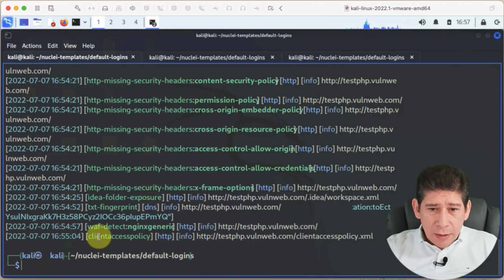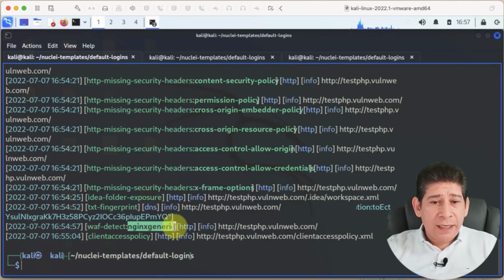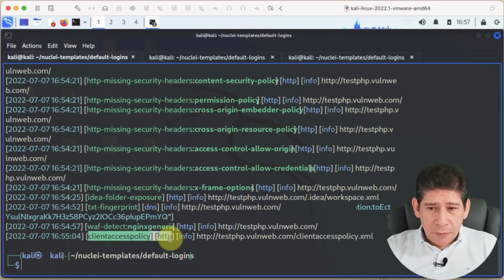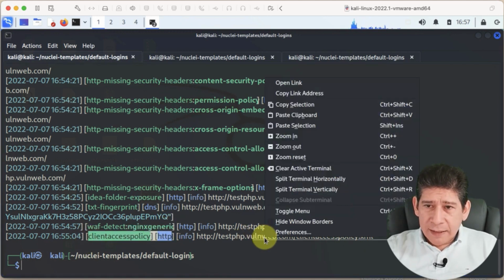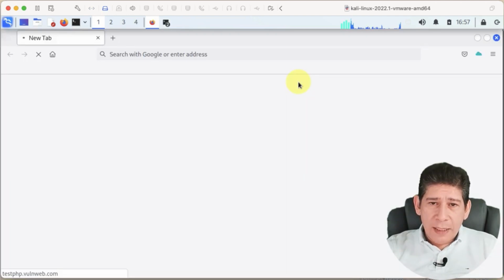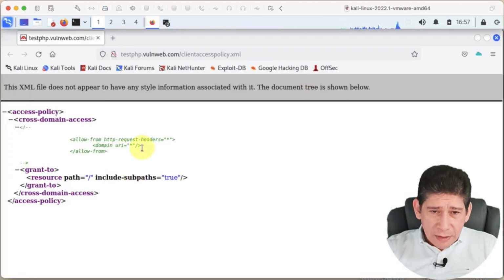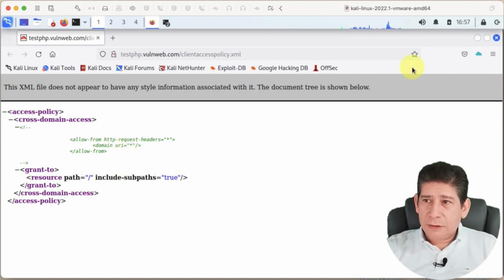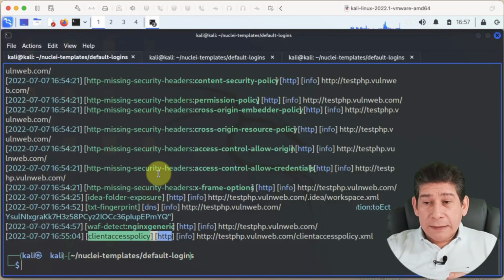Well, it detected a WAF. It tells us that the WAF is generic. And there are some client policies. There is a client access policies file that we could look at to see what it contains. Then it allows requests by HTTP. Not all of them are terrible vulnerabilities, but it is a tool that helps us detect